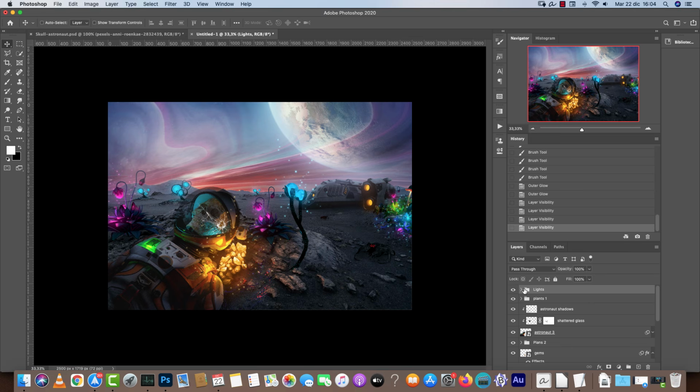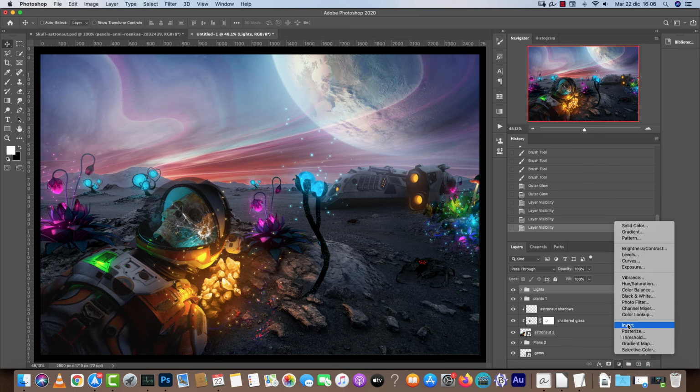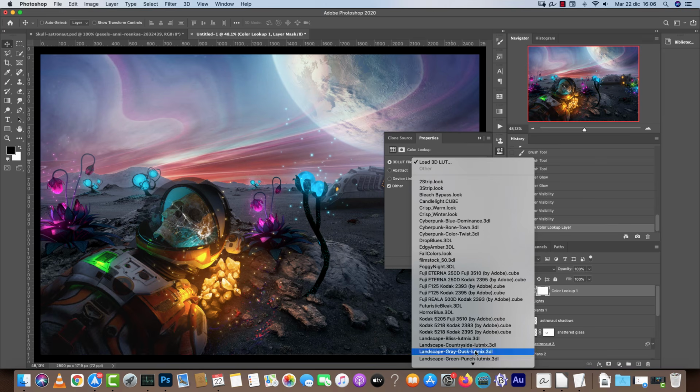The next thing we want to do is create the final effect. So we're done with this. Now I'm going to add the final color tones and the final adjustments. Creating the final effect is really a fun job, and there's no good or bad way of doing it. If you know me, you know I like to use a lot of color lookups, but you can use gradient maps, color balance, really whatever you like. So I'll use color lookups just because I like them, and the reason why I like them is because